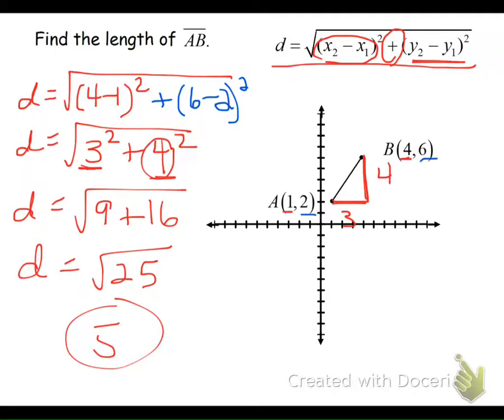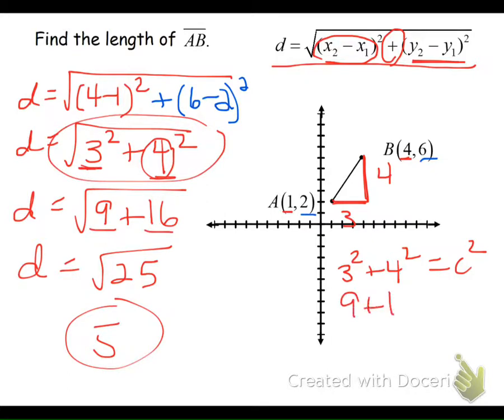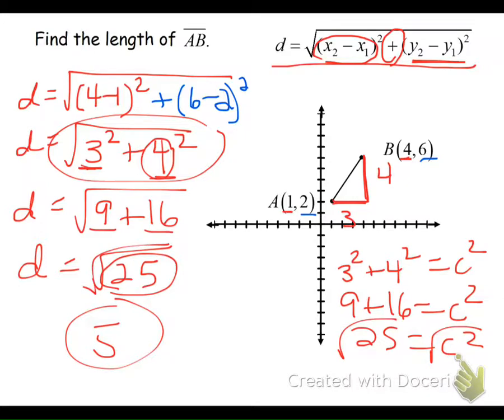And what did we do within the Pythagorean theorem? A squared plus b squared equaled c squared. Well, guess what we ended up doing over here? We squared them. There they are, 9 and 16. Then we had to add them up. Yep, we did that. And then you do the square root to get c by itself. Yep, we did that. The distance formula is basically just doing the Pythagorean theorem for you without you having to